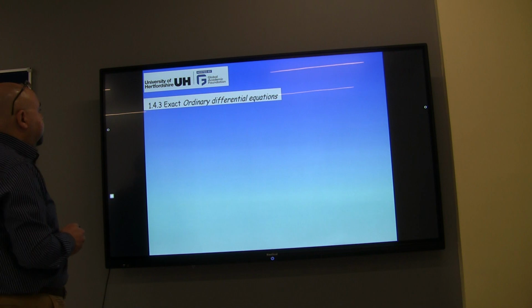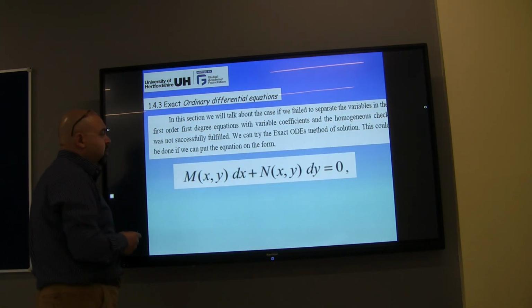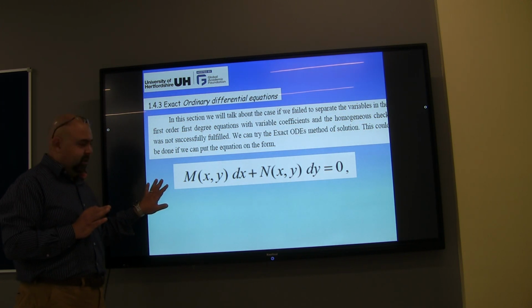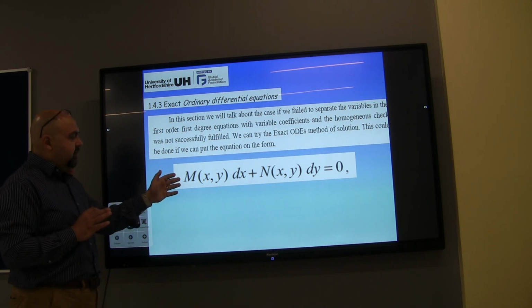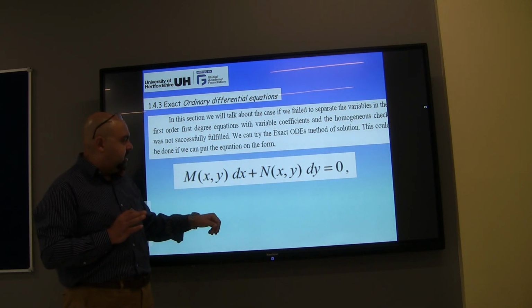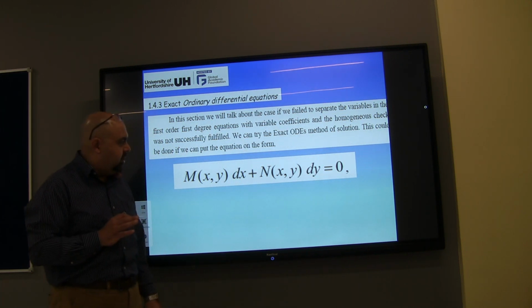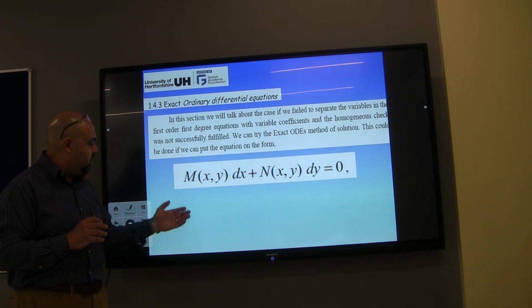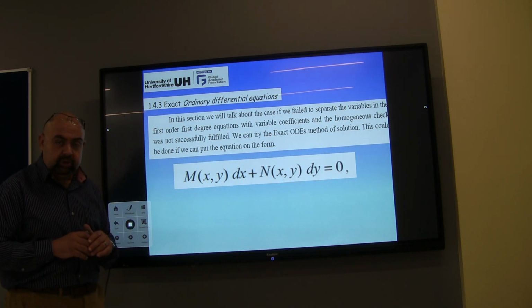Okay, let's see. If I want to solve an exact ordinary differential equation, the problem should be in this form. First of all, your problem should be in this form: a certain function of x or y times dx plus another function of x or y times dy, and it's going to equal 0. If you succeed in having something like this, the check for the exact method is really very